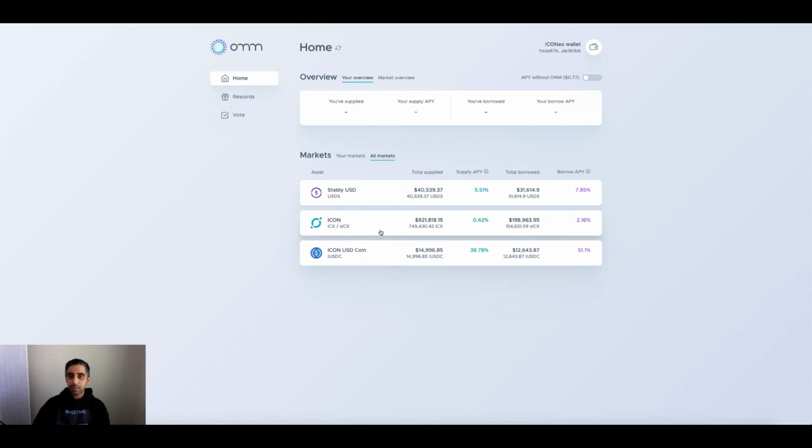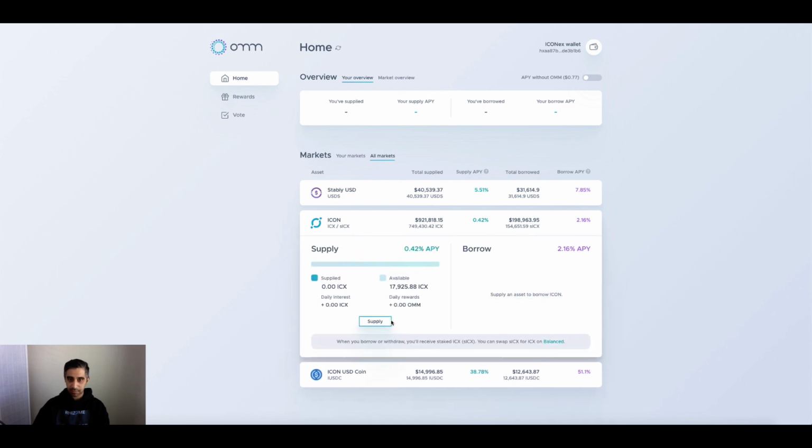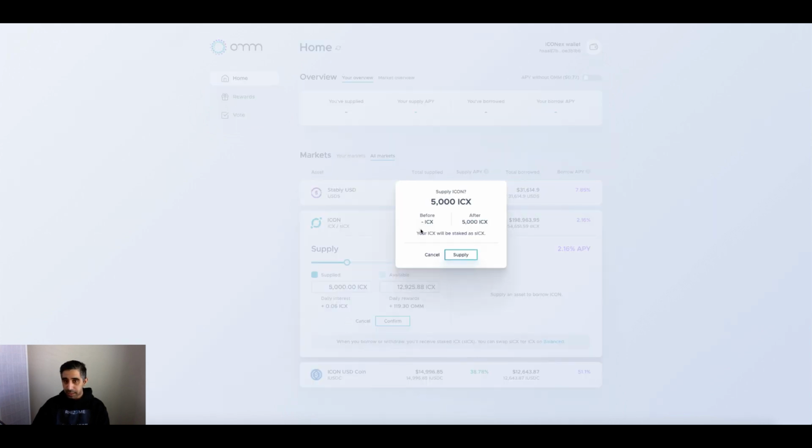So I am going to supply some liquidity to these markets to show you how you can earn interest. So we'll start with ICX. I will supply 5,000 ICX. And you can see as soon as I'm supplying, it is already giving me an idea of how much I would earn based on the distributions, that is for supply and borrow and liquidity providing. Based on 5,000 ICX, I will get this much interest, but I'll also get that in the OMM distribution. So I'll click on supply, and you can see over here